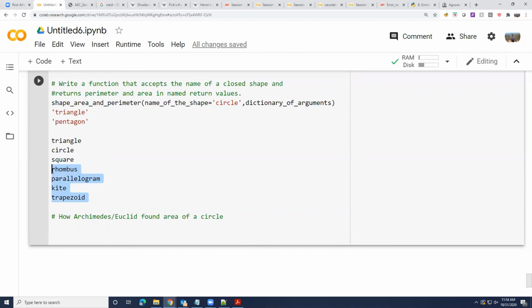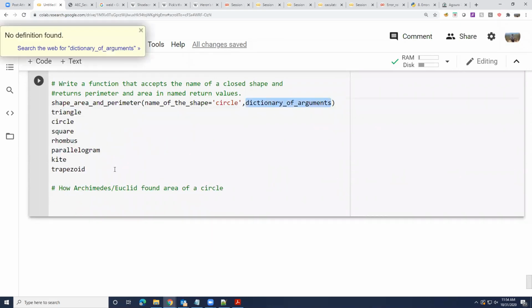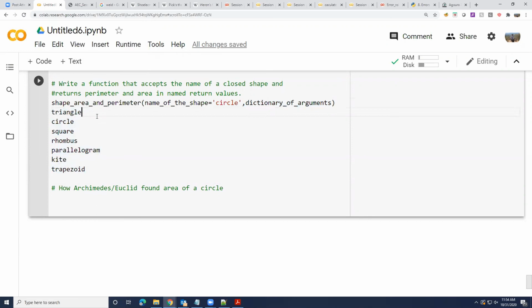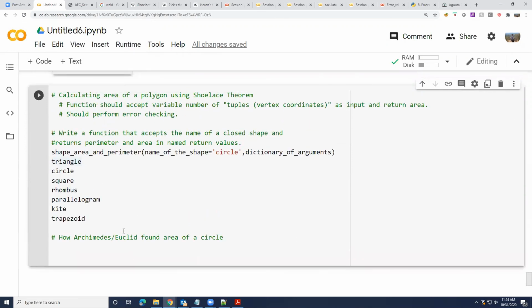Okay, so 1, 2, 3, 8 shapes. Okay, this is good enough. We can stick to 8 shapes. You should accept some arguments. The dictionary of arguments is up to you guys. Or maybe I'll define at least what arguments each one should accept so that I can write test cases for testing these. And you do again the same thing. Function should accept whatever this is and should perform error checking and whatnot. So just 2 questions for this week's homework. And you guys can try last week's homework problem. If you want to continue trying that problem, you can try. I haven't posted solution for that, and I won't post till you guys finish the project anyways.